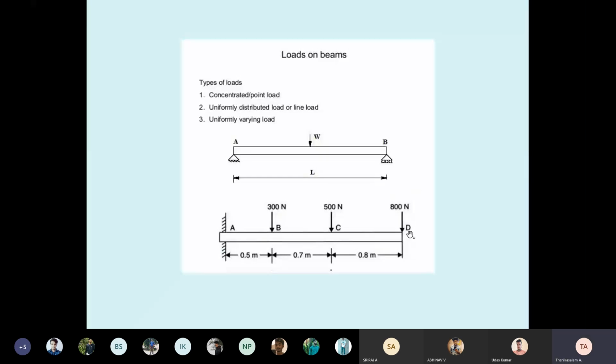The load unit, what is it? Newton. See, force in Newton, reaction in Newton, tension in Newton. All are forces. Weight is also a force, reaction is also a force, tension is also a force, load is also a force. The unit is Newton, N means Newton. These are the point loads, point load or concentrated load. The load acting on the body at a particular point is called point load. Now, see here, the second picture.